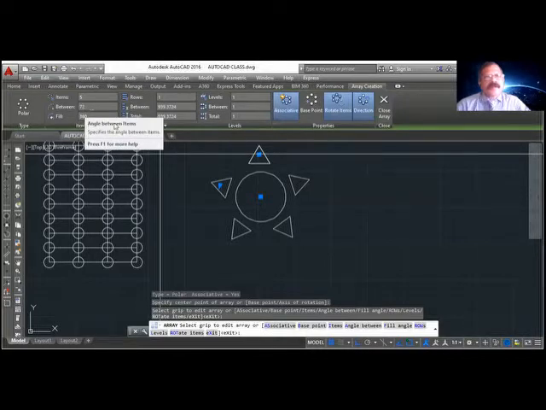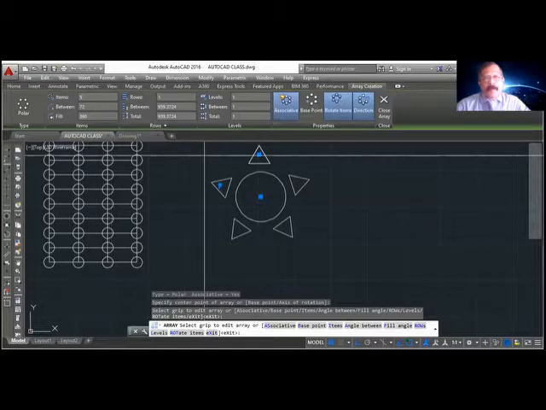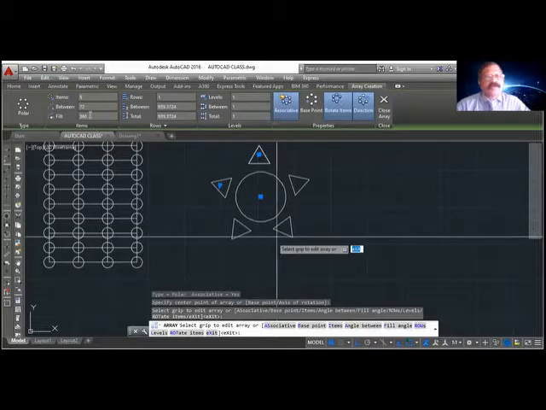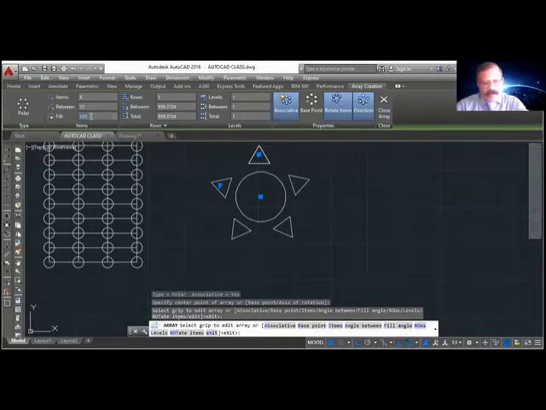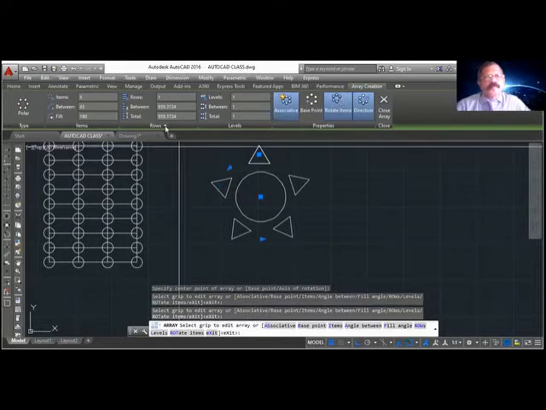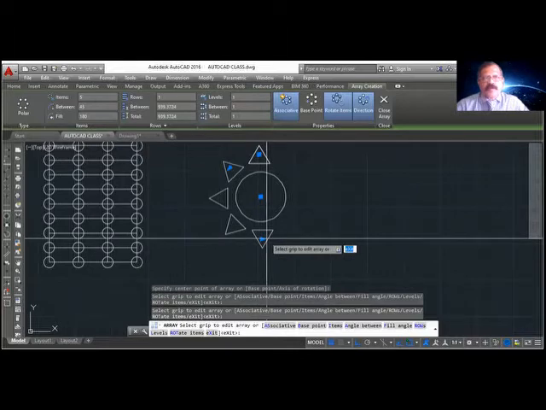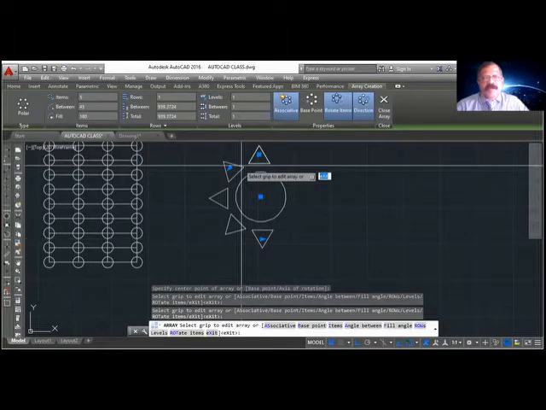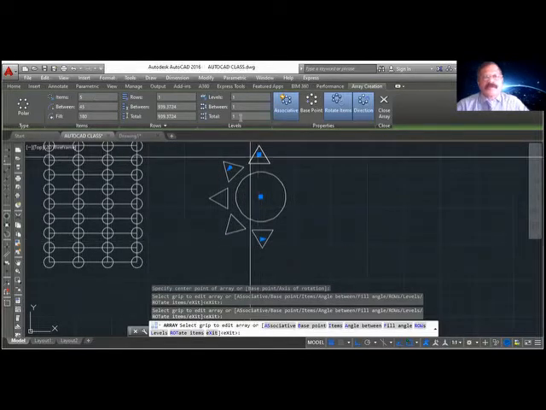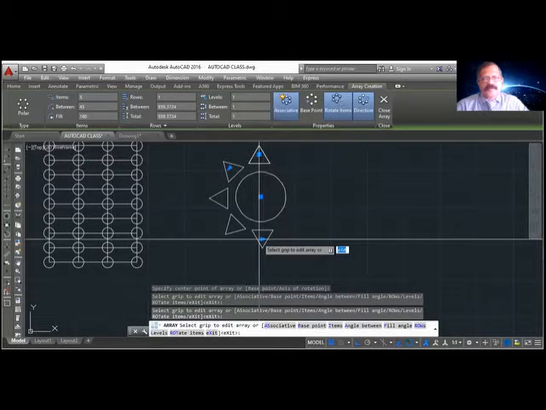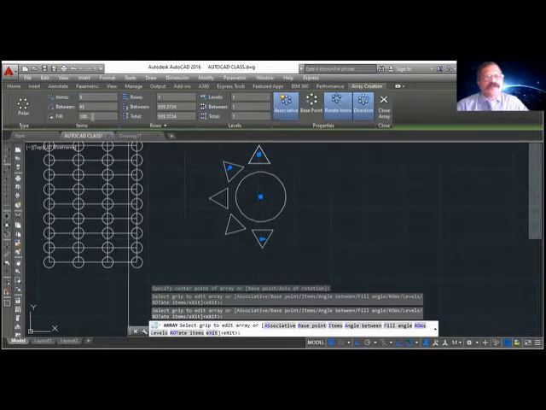Suppose I want these 5 copies in 180 degrees. Now it is 360 degrees, so it is equally divided. You can change the angle from here, 180 degrees, anti-clockwise. AutoCAD always creates anti-clockwise. So we have 5 numbers anti-clockwise. So here you can change the angle. Usually it is 360 degrees.